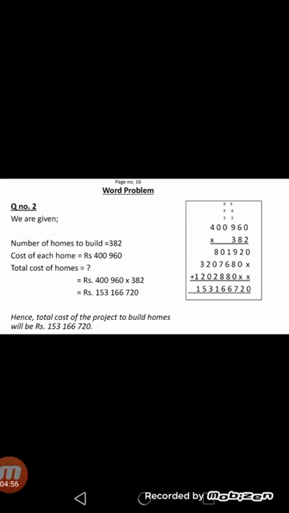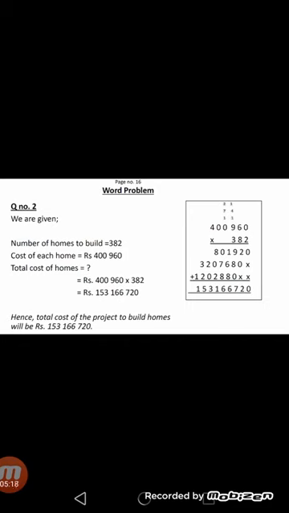Now add the numbers vertically. Start from the unit column. 0 will be as it is. 2 plus 0 will give you 2. 9 plus 8 will be 17. We will write 7, 1 will be carry. 1 plus 6 will be 7, plus 8 will be 15, plus 1 will be 16. We will write 6, 1 will be carry.